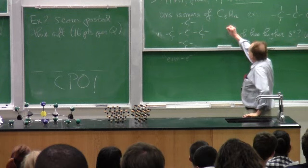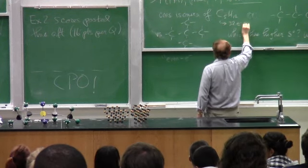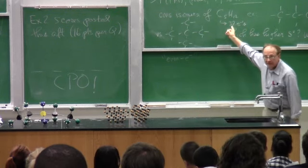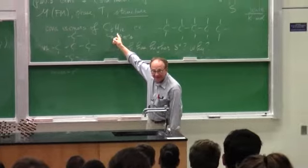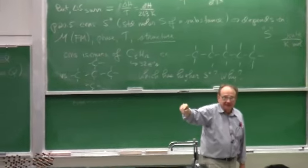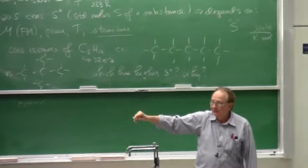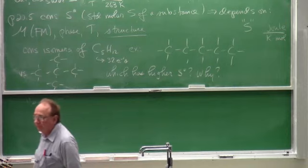Each dot's an electron. Is this an even number? Yeah. So this is an even electron hydrocarbon. Right? Even electron means even number. The electron count is an even number, wholly divisible by 2. Okay? We reminded you